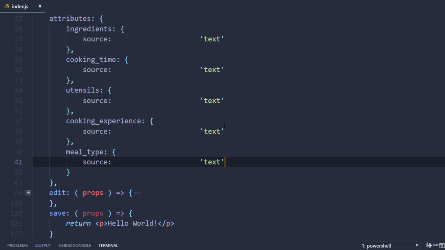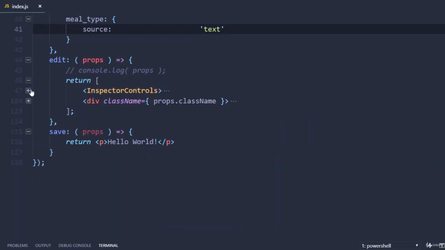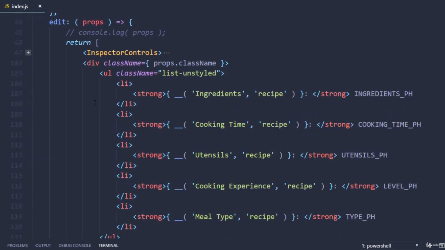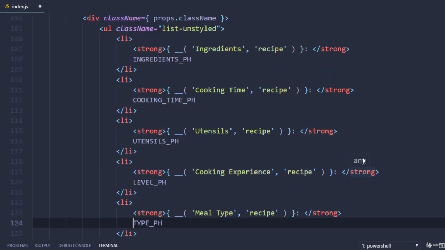The data will be exposed in both the edit and save functions, but we'll only concern ourselves with the edit function for now. Open the edit function and minimize the inspector controls component. Each list item in the block component should have a placeholder for our data. I'm going to format this a bit so that we can see it better. We'll start with the ingredients. I'm going to replace the placeholder with a pair of curly brackets. Inside the curly brackets, input